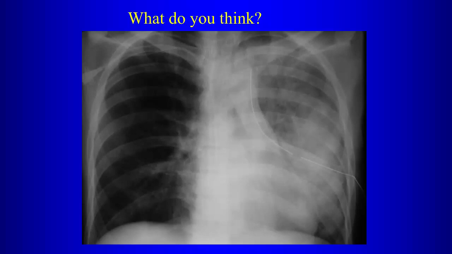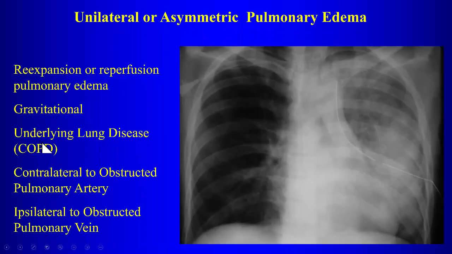hemothorax. Drainage of what? Pleural effusion. Pleural effusion, right, drainage of a large pleural effusion. That can also give you re-expansion pulmonary edema. So here we're in the category of unilateral pulmonary edema, where we have unilateral consolidation. And certainly, re-expansion is probably the first thing to think about, a reperfusion pulmonary edema. But there are other things: gravitational, if the patient likes to lie left side down; underlying lung disease, you can have an asymmetric pattern of pulmonary edema if you have an asymmetric distribution of COPD; contralateral to an obstructed pulmonary